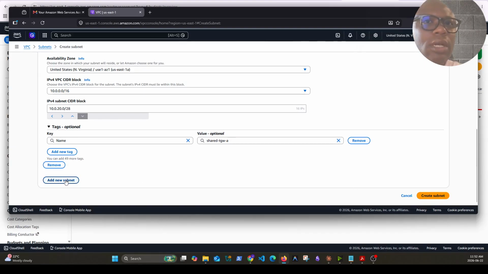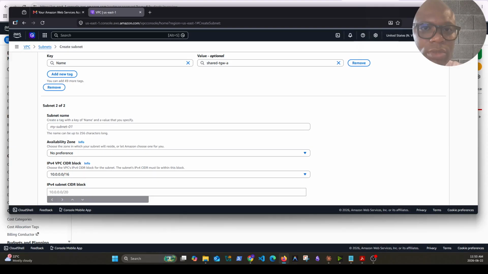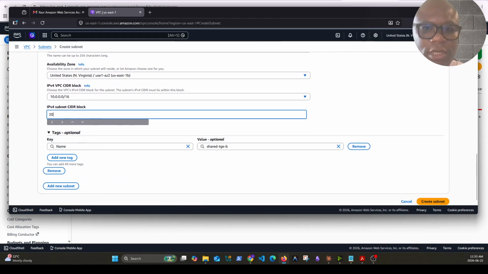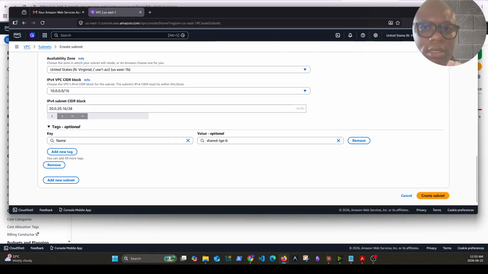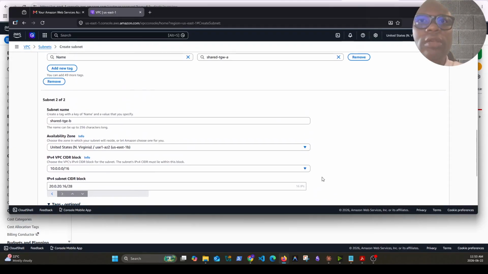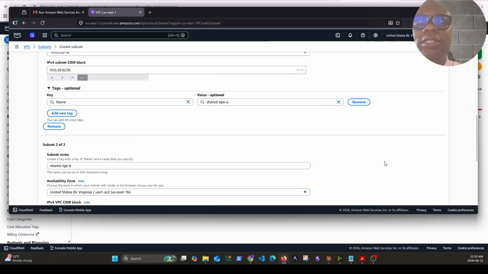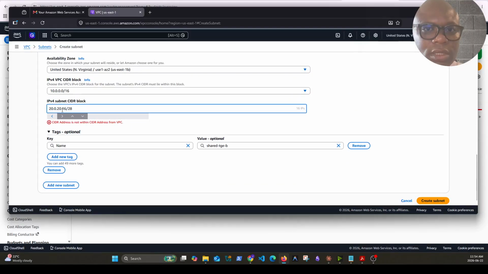and I should be able to say add new subnet here, and I will do shared GW maybe, and the availability zone, maybe I should think B. I did A this time around. 10.0.20.16/20. And after this I can now say create. So now if you look at it, I have two subnets for this transit gateway,